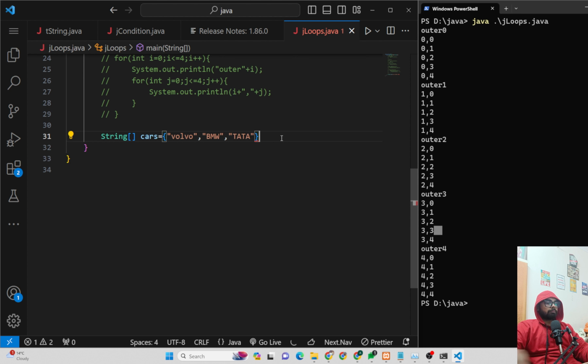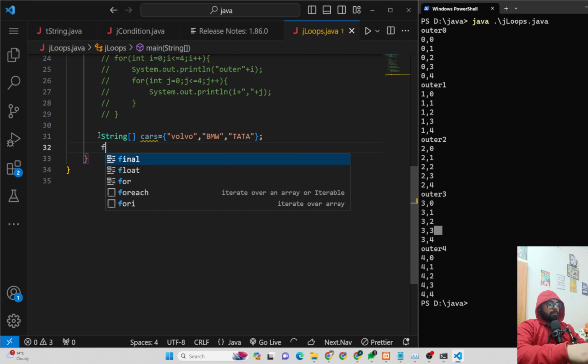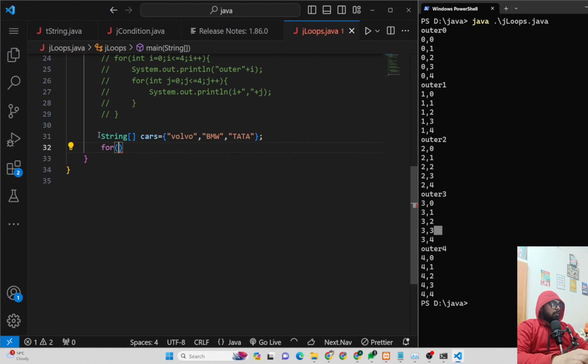Okay. So this is an array of strings. That's why I defined it like string. So now if I want these values,